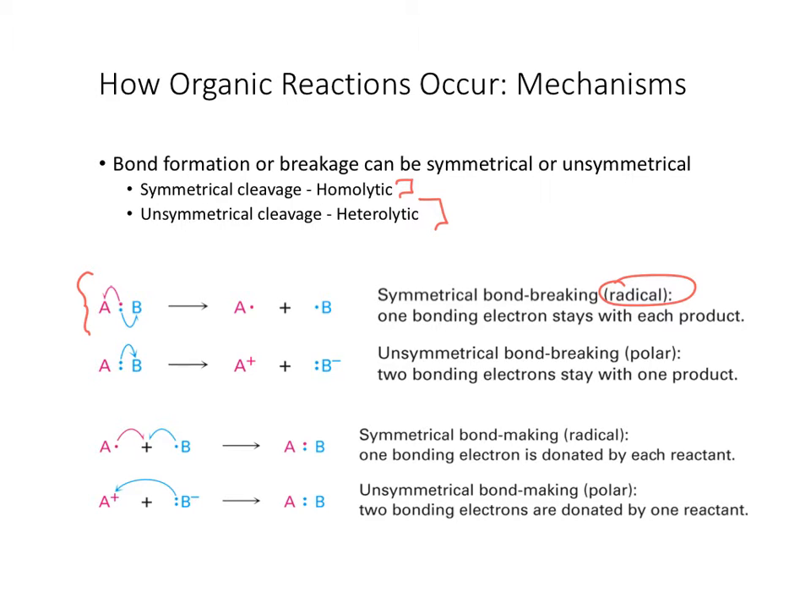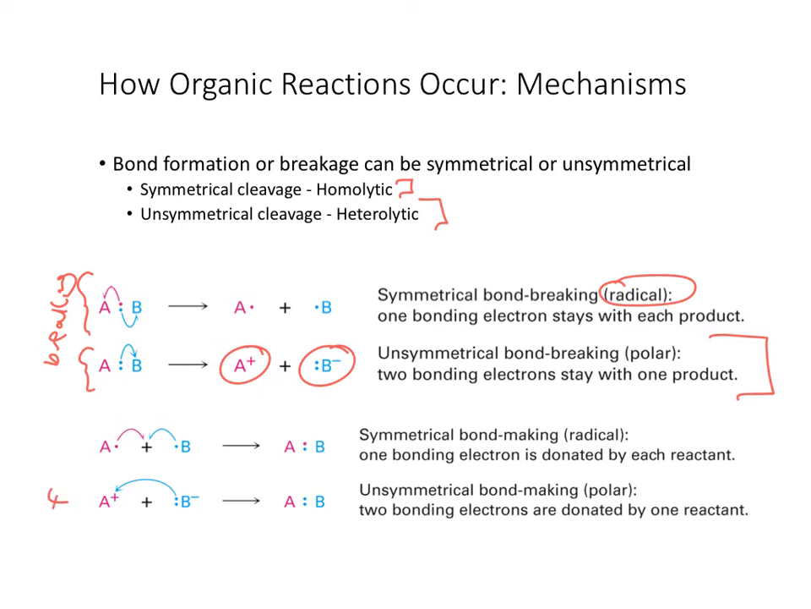Now in unsymmetrical bond breaking, you have again a bond between A and B, but both electrons are leaving with one of the two atoms to form A plus and then B minus. This is also a polar type of bond breaking. And this is the much more common type of bond breaking and bond forming that we will see in organic chemistry. So this is the bond breaking,